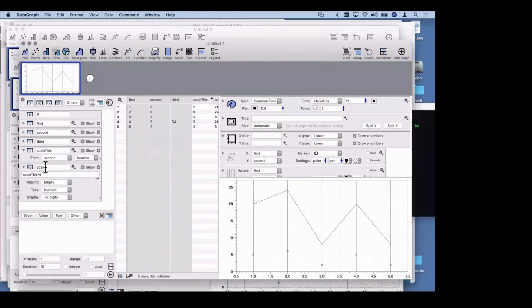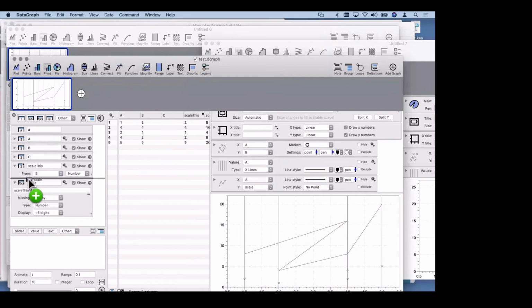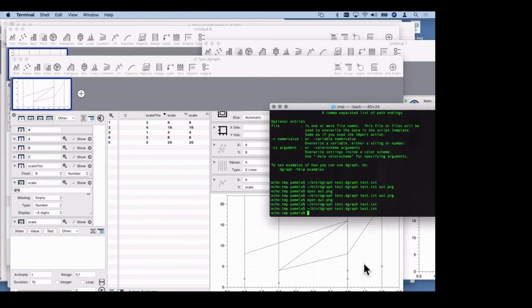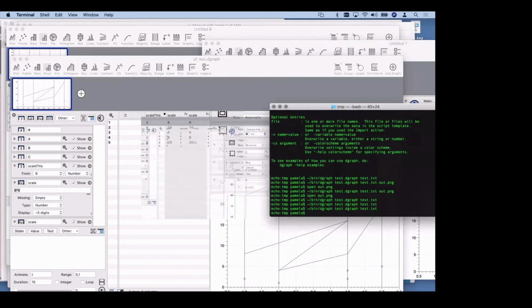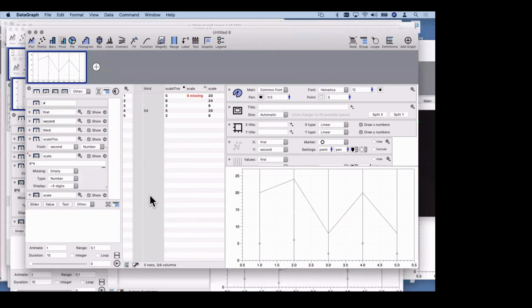Then you can see here that this one is scale in the scale this, and scale is the column. So this is not by name, but by object reference. That's why that is robust with respect to change, and it will still work. If you had the column here and took, instead of this, b times that, it would work over here, but save this, go back into the terminal, and then this is missing because b is missing, so this is not going to work. So that is kind of a quick way, and